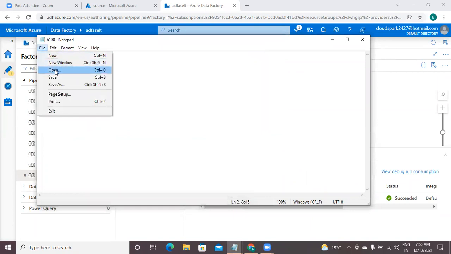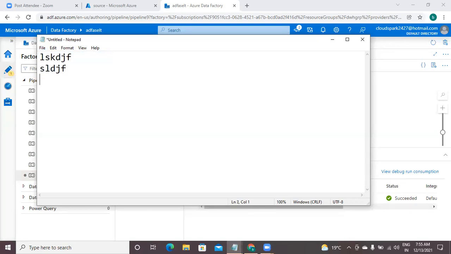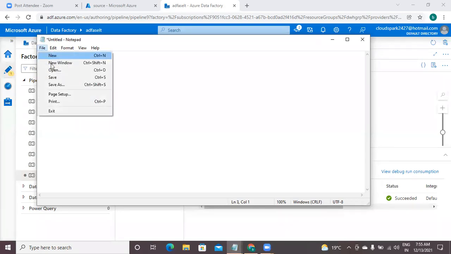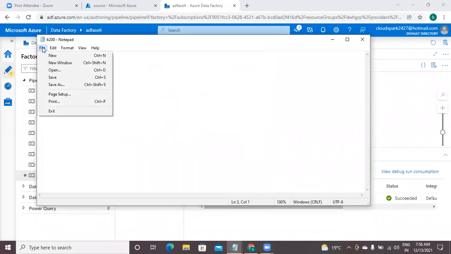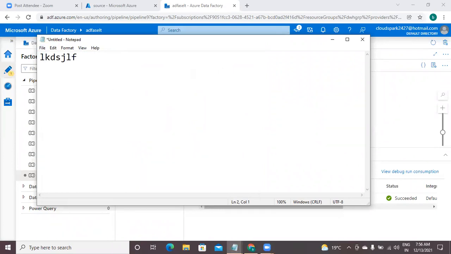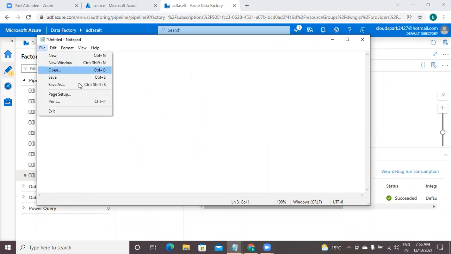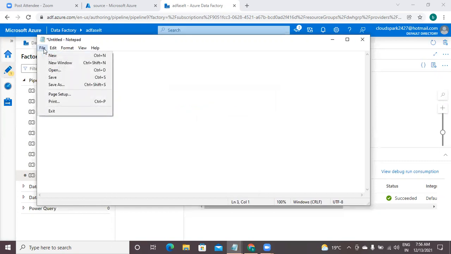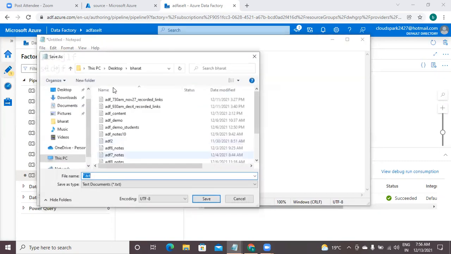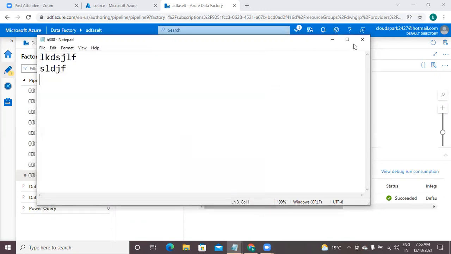One more file I am saving. It's B200. The last file I am going to save. B300. So this is my simple